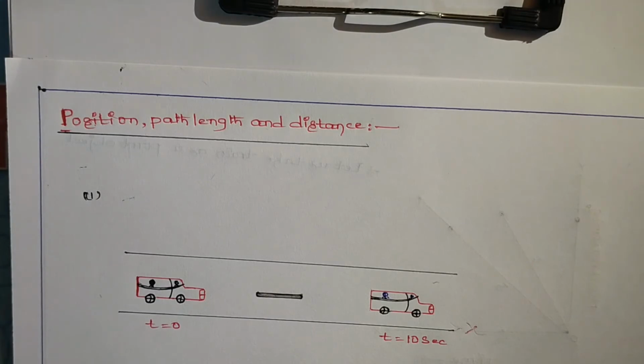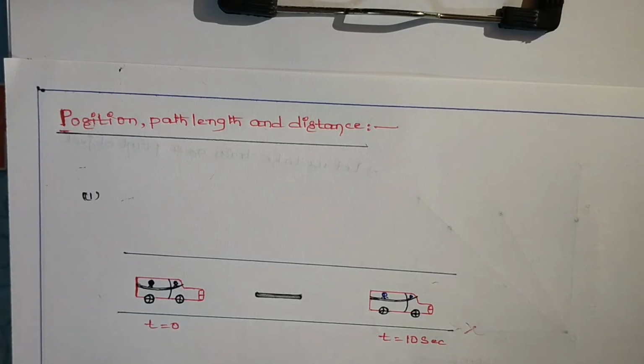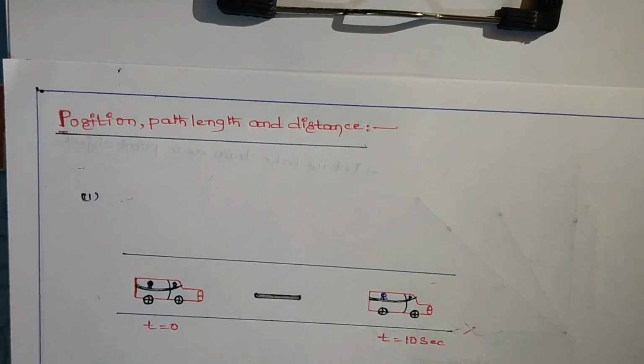In part 1, we studied that the change in the position of an object with respect to time is nothing but motion. When the position of the object is changing with time, we can say that the object is in motion. If the position of the object is not changing with time, that object is at rest. So, in order to describe the position of an object, we need a reference point or a